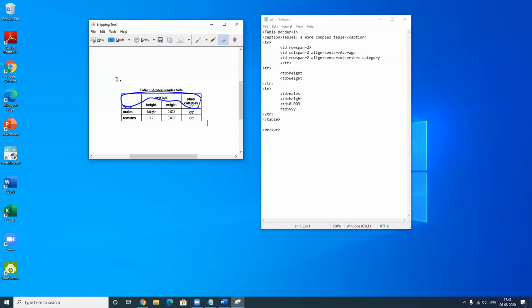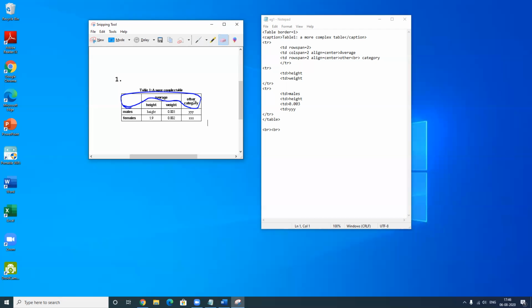So that is why rowspan equal to 2, align equal to center, because other and category have been written in two different lines. So that is why I have written other BR category. So after other there will be BR, line break, and then it will be the category. This is the first row, and I have closed my TR.